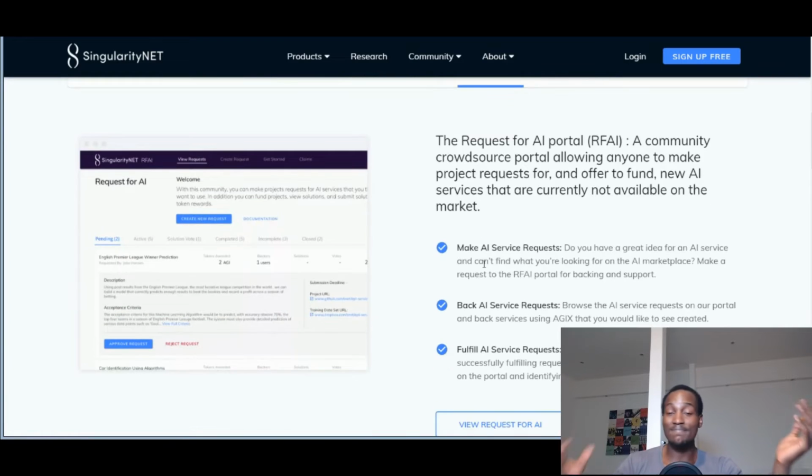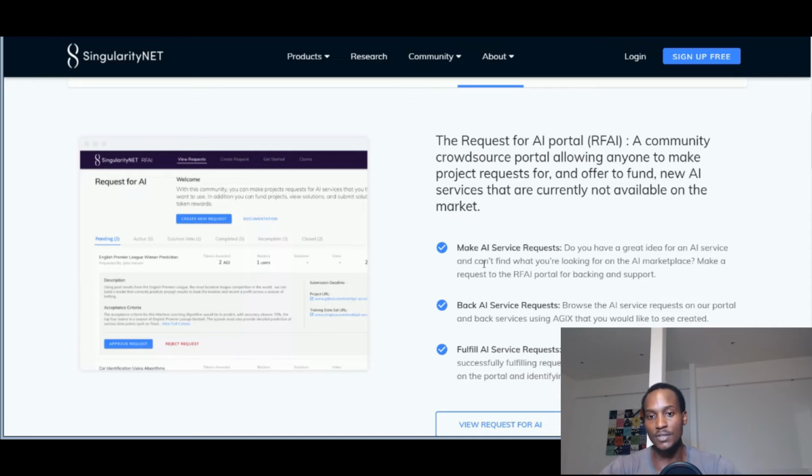So this is big. This is very, very important. If you come to the marketplace and you have a specific use case that you're looking for and you don't find it, you can request that. Different programmers look at your request and they offer to build this. As they build this, I think there'll be maybe a rating system for different programmers.